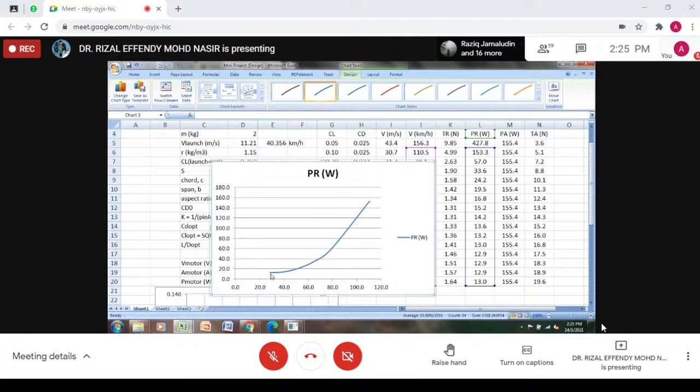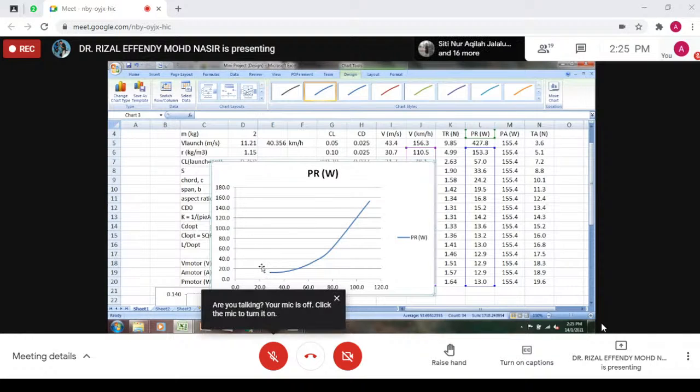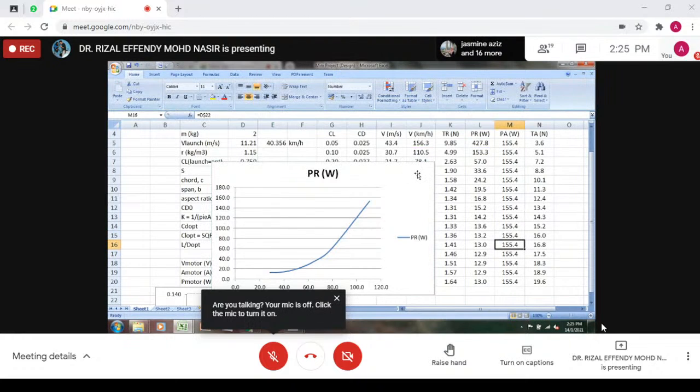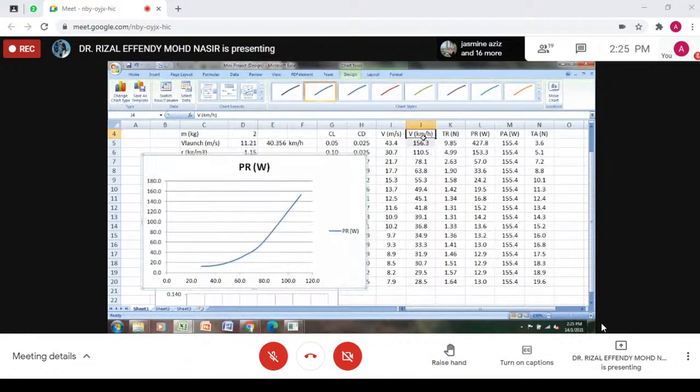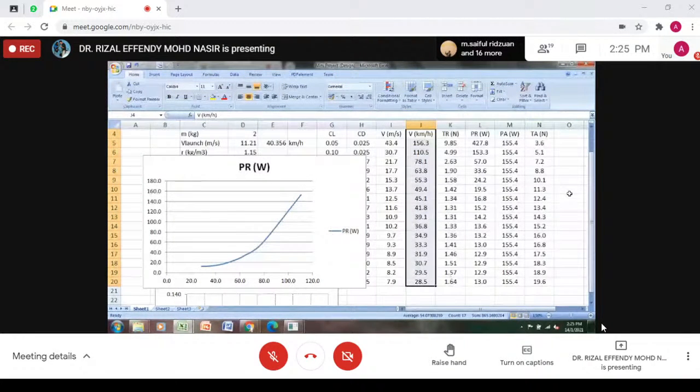Okay, by right sepatutnya dia akan naik atas lagi ni, di atas ni, tapi kita tak pergi sampai situ lah. Okay. So second one is to plot velocity against power available. So this one I just highlight,